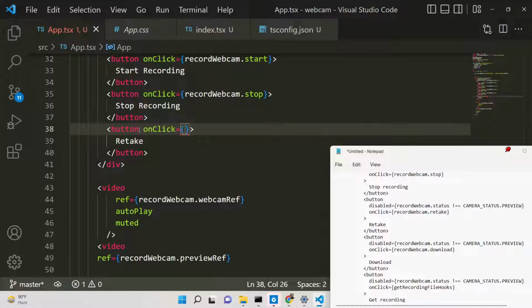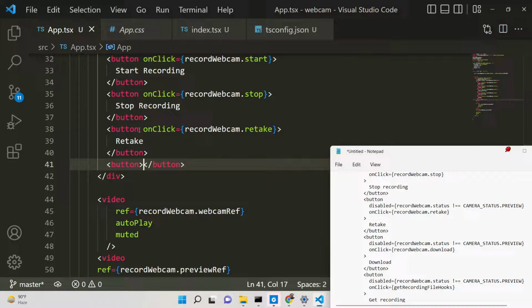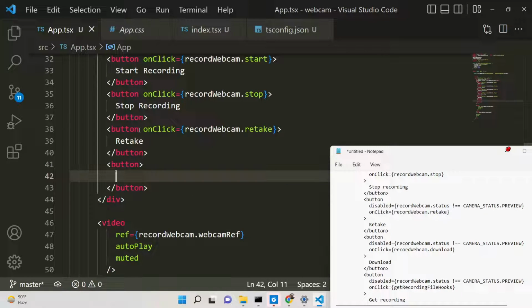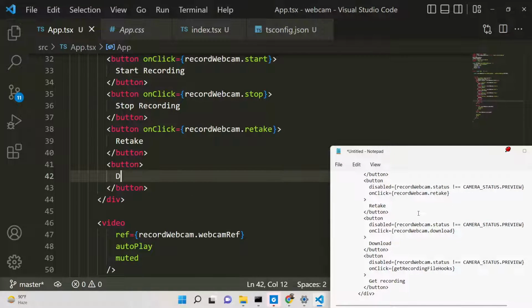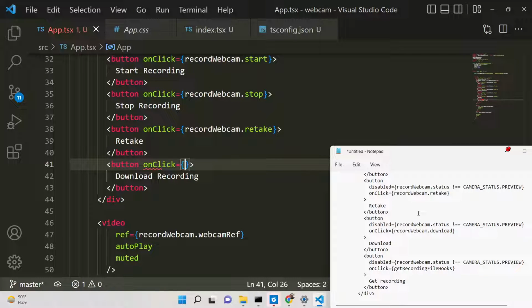When you click it, this method is present, record webcam dot retake. There will be another button which will be able to download the recording. When you now click this button, on click, there is a method out there which is